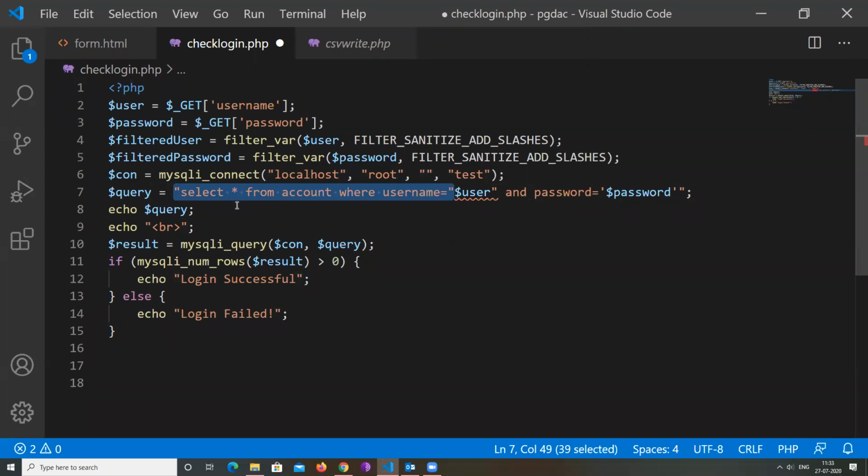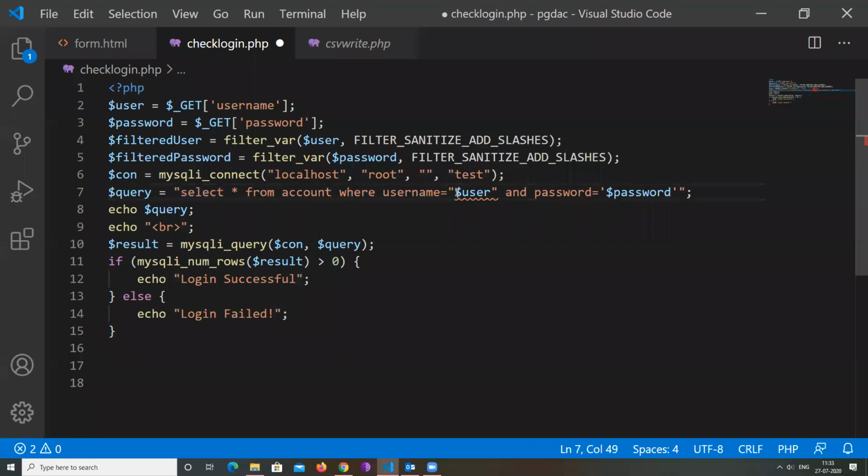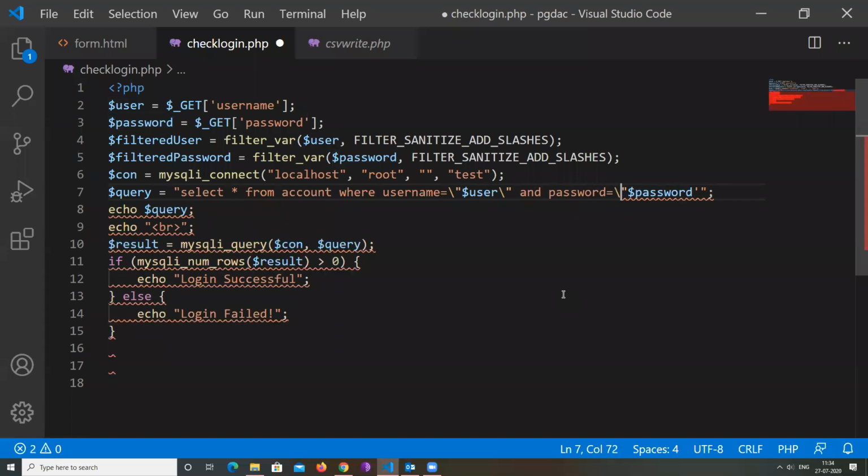Basically PHP will understand that this string started here and ended here. After that there is no concatenation. Now to tell PHP that this is not the end of the string, we need to add a slash here. So instead of writing single quote,